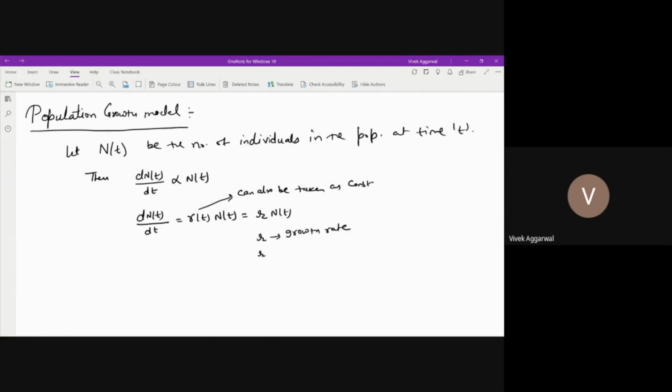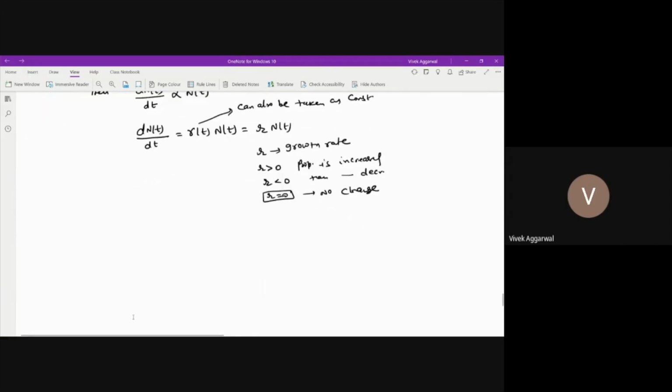If r is positive, then the population is increasing. If r is negative, then the population is decreasing. And if r is equal to 0, then there is no change in the population.